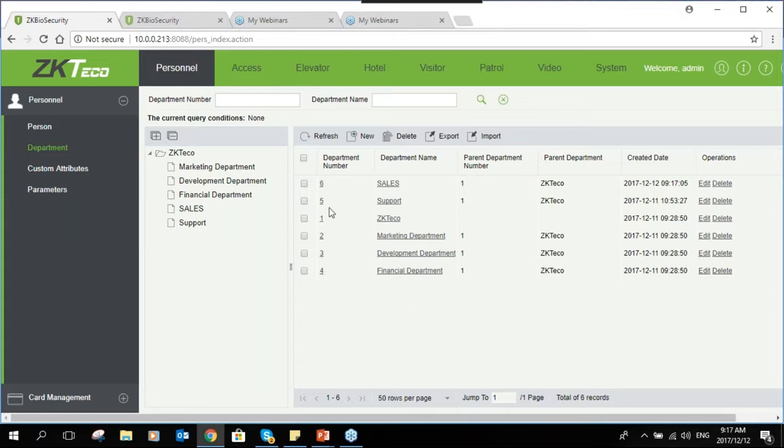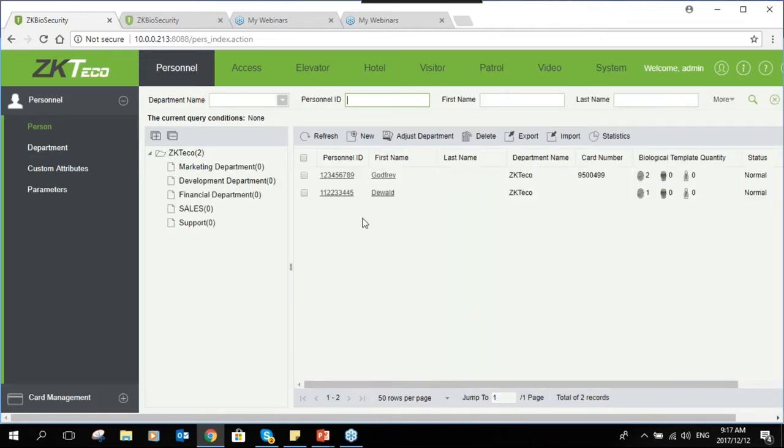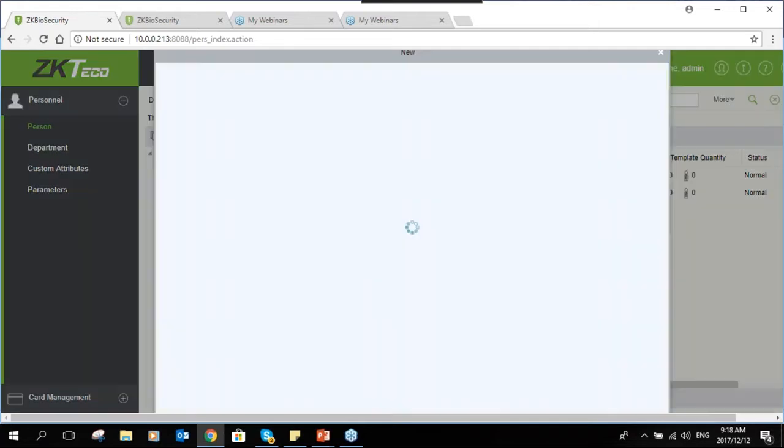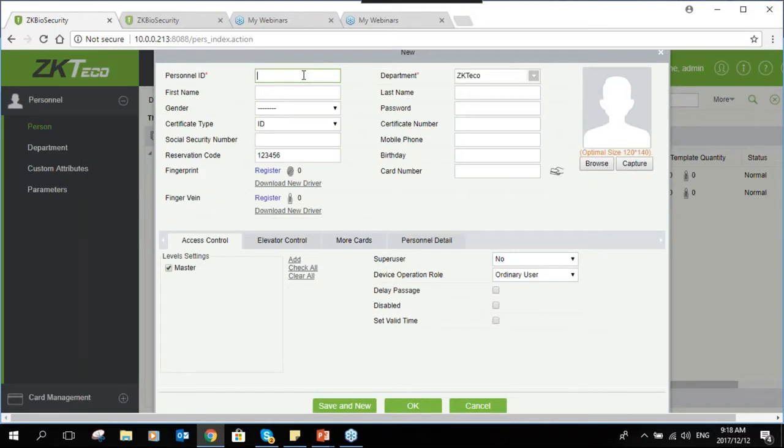Now once your departments are created, you can create your personnel. Under your personnel tab, this is where you add your users, and you register your fingerprints and cards as well. So to add a new personnel, you need to click on New. And then the personnel ID, in this case, takes up to 9 digits. Your nine digits can be any number or alphanumeric if you have changed the settings on the software itself. So in this case, you're going to allocate a personnel ID,